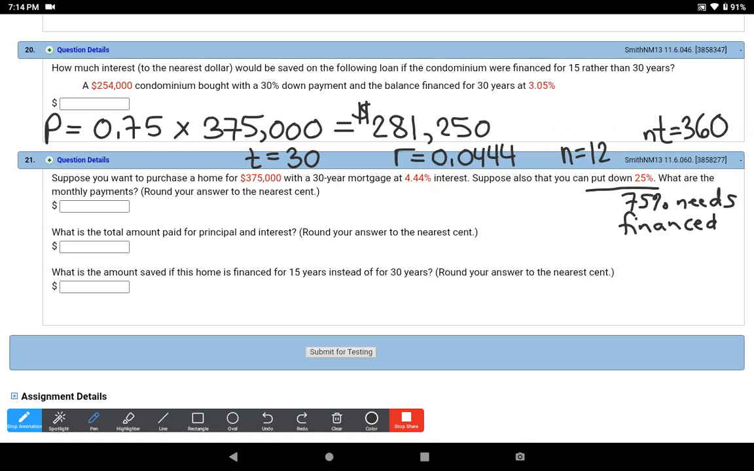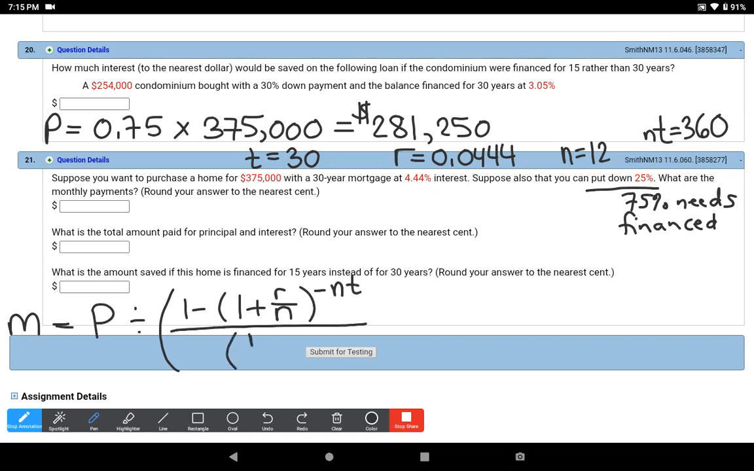And so in order to find out the monthly payment, we have our formula M equals P divided by the quantity 1 minus the quantity of 1 plus R over N raised to the negative NT, all over the quotient R over N, which for us looks like 281,250